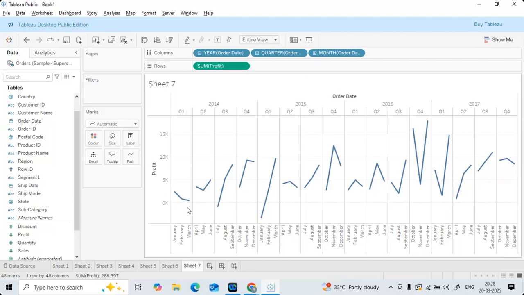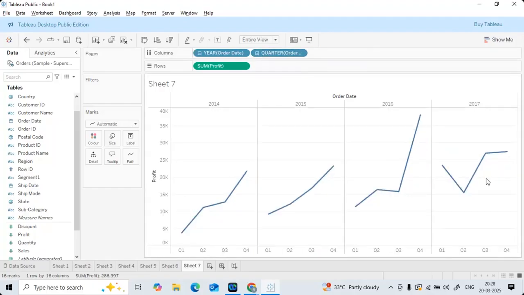Okay, I'll showcase the other part as well. Here, when you are selecting quarter level, the data itself has been distributed into 4 subsections. 4 years are there, so you are getting 4 curves, 4 lines. And each and every line for that particular year is based upon quarter level.